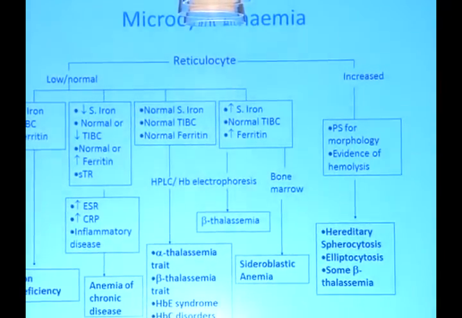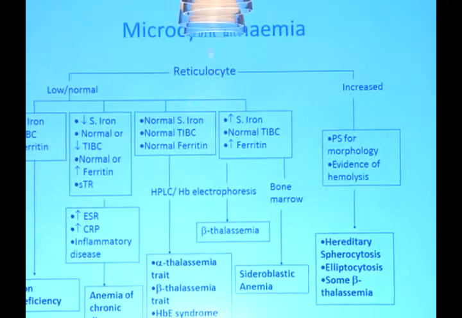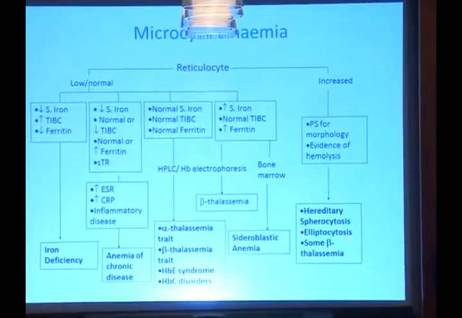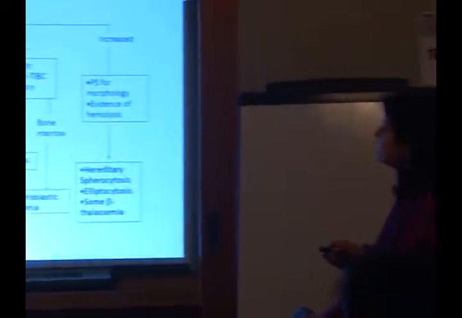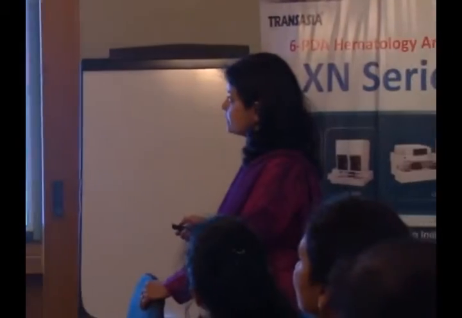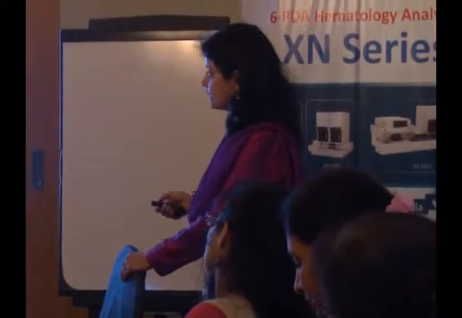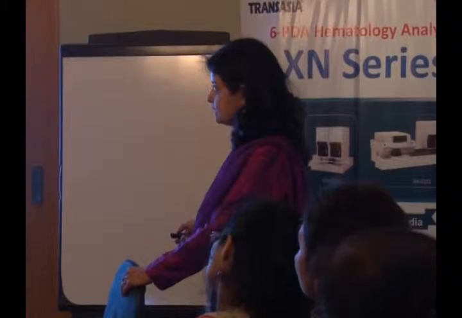But the problem comes here, as she asked, in microcytic anemias. You use it with a reticulocyte count. If you have increased reticulocyte count, you look whether you have other diseases which are causing hemolysis. But a microcytic anemia with a lower retic or a normal retic response and a low serum iron, increased TIBC, decreased ferritin, you know it is iron deficiency. The problems are with anemia of chronic disease.